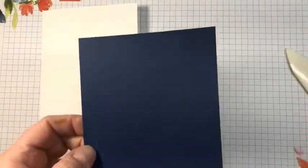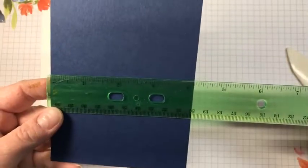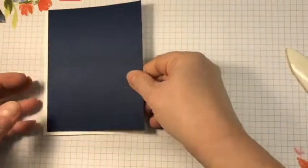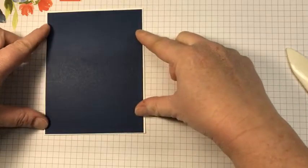And then I have a Night of Navy, and it is 4 1/8 by 5 3/8, and it's gonna mat on my card like so. And then I took out a piece of the